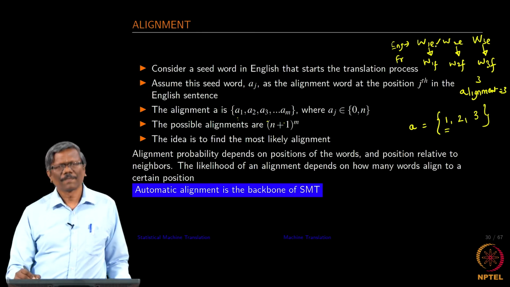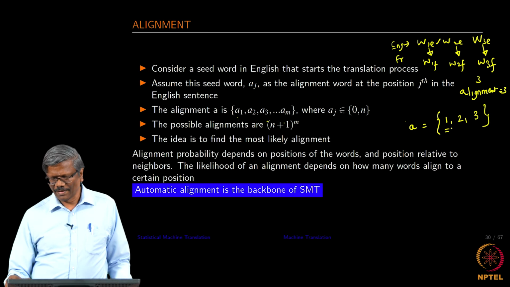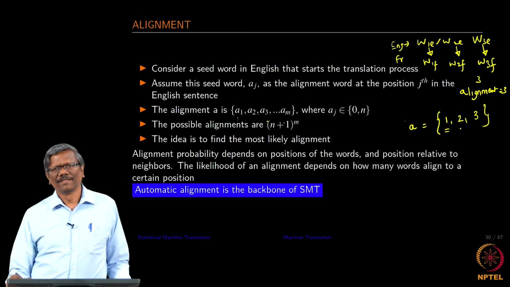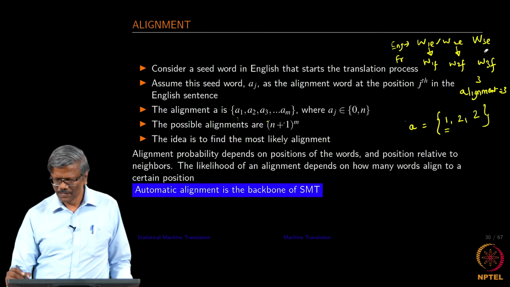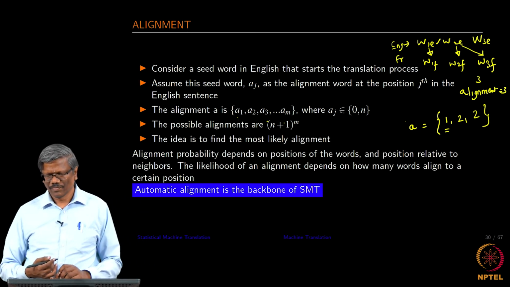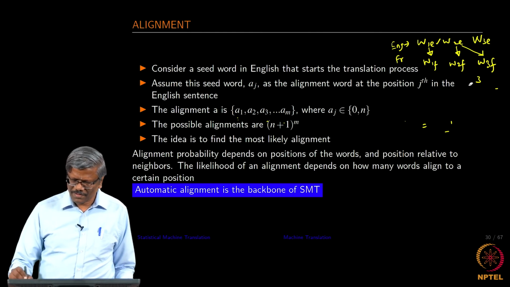The first word in English is aligned to the first word in French given by the English word 1, right. So, the second English word is aligned to the second element in this array, which is the second word in French. So, in the same fashion this. Okay. So, we can also have something like this. Okay. All right. So, this is what we are talking about here.